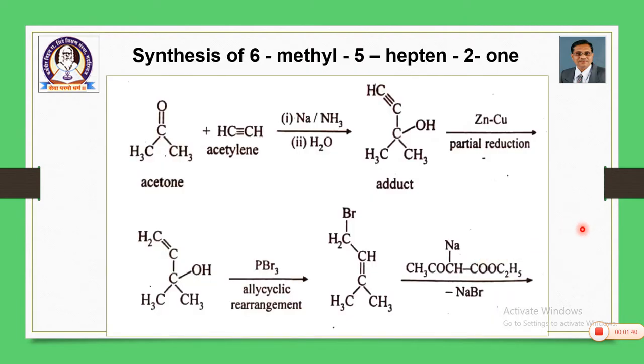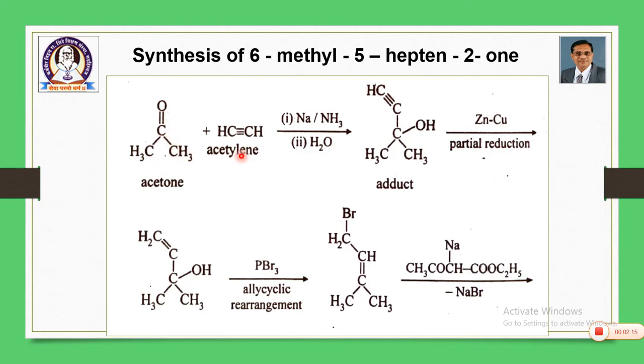Actually, the entire protocol is divided into two steps. In the first step, we synthesize 6-methyl-5-heptene-2-one. Of course, this procedure is also subdivided into several steps. Let us see one by one. See carefully. Even though there are several steps, the steps are very simple once you have basic knowledge of these reactions. So, we begin with acetone,